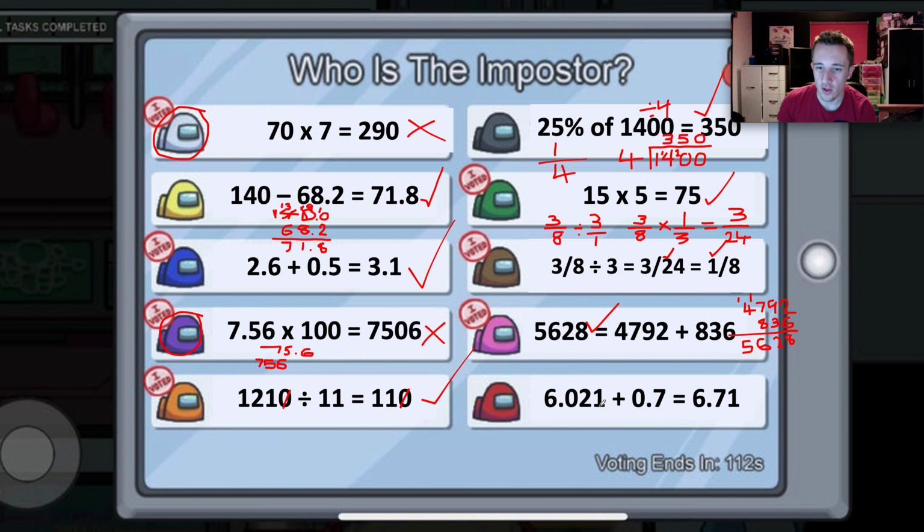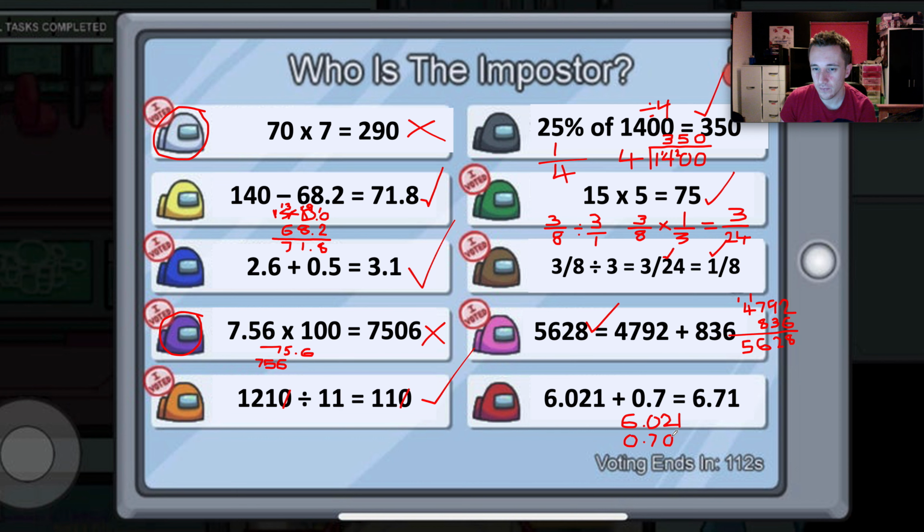Next one, 6.021, add 0.7. Okay, so I'm going to do 6.021. Now, we need to make sure we line this up correctly. The easiest one to line up is the decimal point. So we put the point there, the 7 must go there, the 0 goes there, and now we're going to